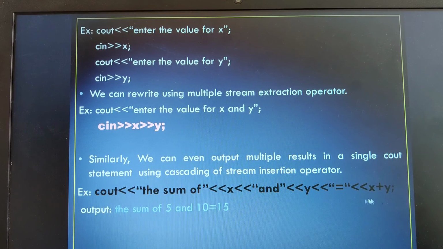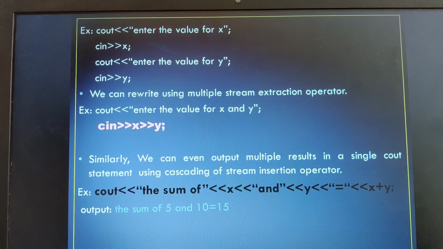Because it's an expression, 15 will be printed onto your monitor screen. So this is how you can club multiple stream extraction and multiple stream insertion operators in a single statement. That concept is said to be the cascading of input output operators.